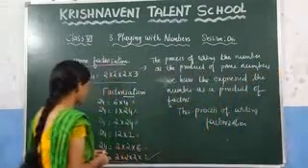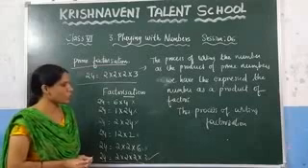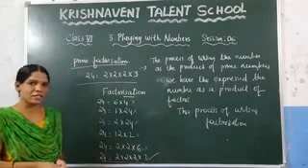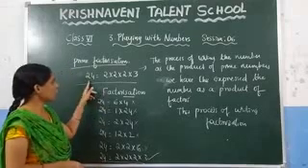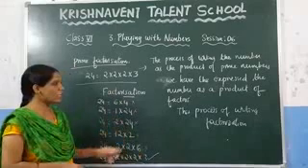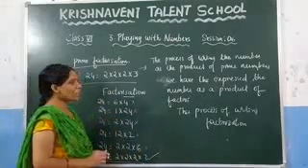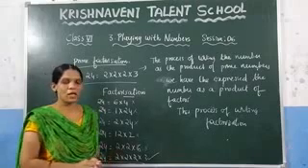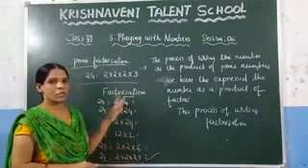What is meant by factorization? If you consider any number and write that number as a product of factors, we call it factorization. And what is meant by prime factorization? If you are given any number, you need to write that number as a product of prime factors. Then we call that prime factorization. Now, if you are given any number, how do you find the prime factors of the given number? There are two methods.